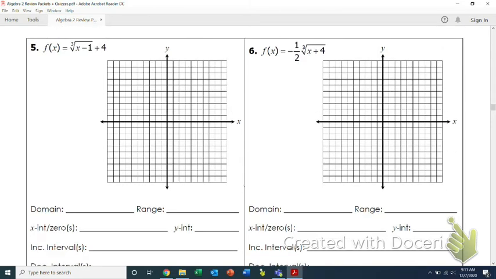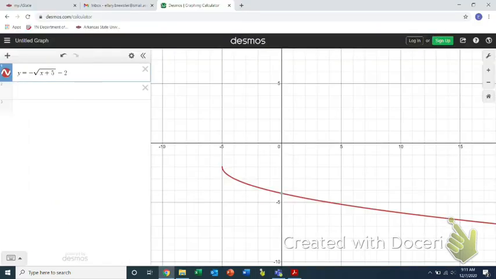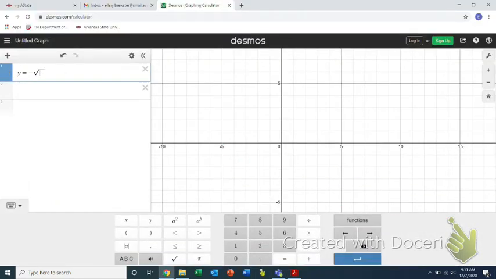All right, number 5, we are going to graph y equals